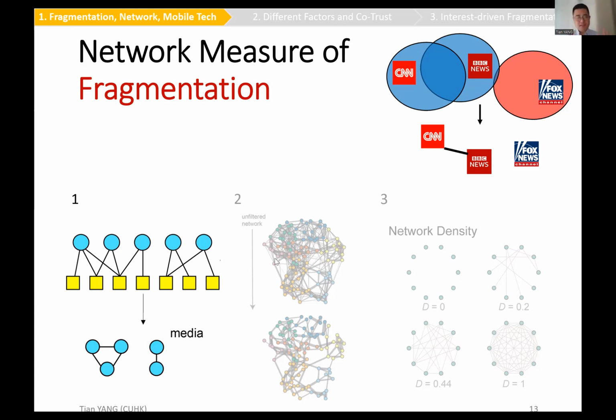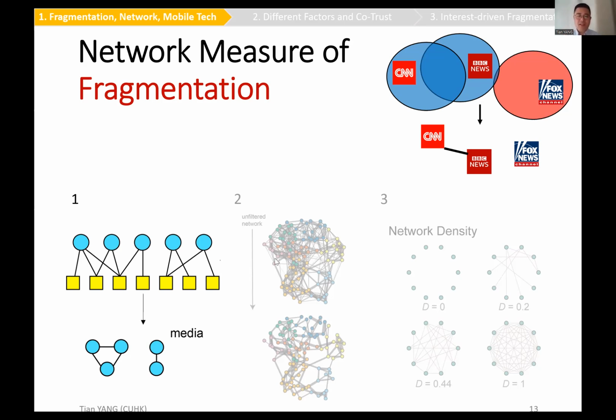So you can see this network actually allows us to capture fragmentation dynamics. Okay, so if, as noted in the figure, the audience is split into 2 groups, which consume distinct sets of outlets, this is exactly what we mean by fragmentation, right? This should be reflected in the projected network below. As you can see, the left 3 nodes are disconnected from the right 2 nodes,